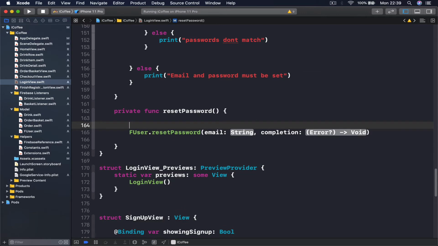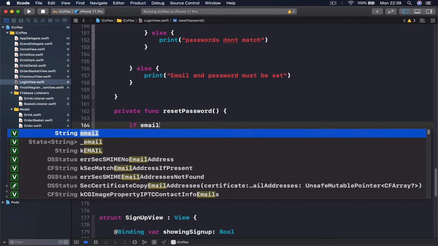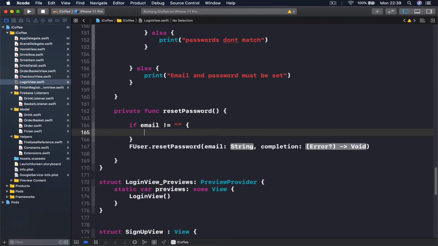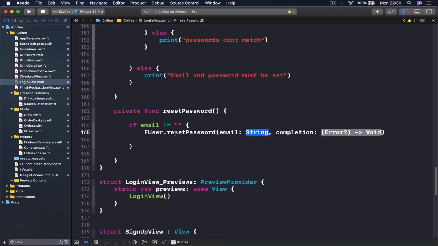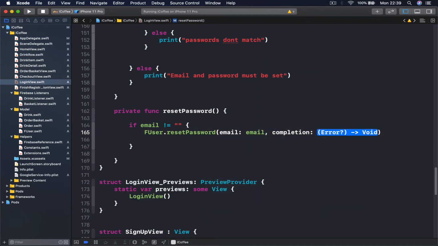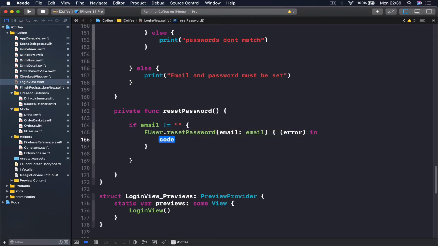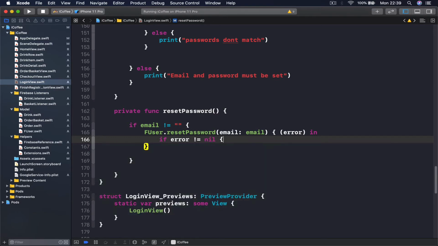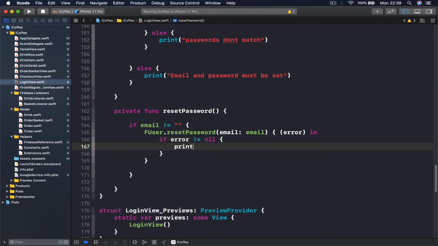So before I do that, I will have an if statement here. Say if email is not equal to empty string, we are going to do this. And here I can pass my email. And in completion, I will put error as the variable name, then say if error is not equal to nil, I want to see it, so I will say print error sending, actually error